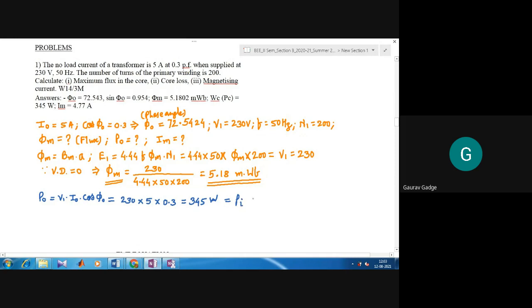So core loss is represented as PR. Here I have written it as P naught. So PI and P naught both are same. That we will clear in OC and SC test if we get the time. So iron loss or core loss. Iron loss यानी जो iron material में loss होगा उसको हम लोग iron loss कहते हैं. या core material में होगा तो उसको हम लोग core loss कहते हैं. So iron loss or core loss. So this is what the answer.